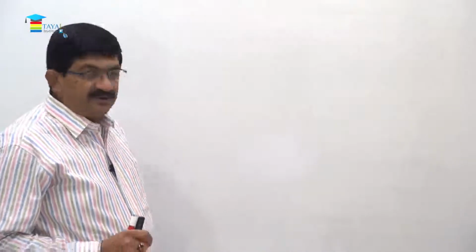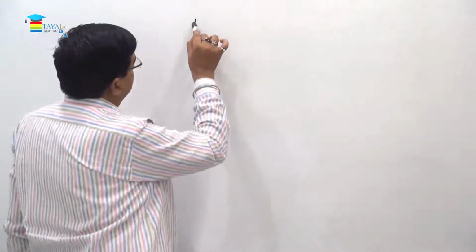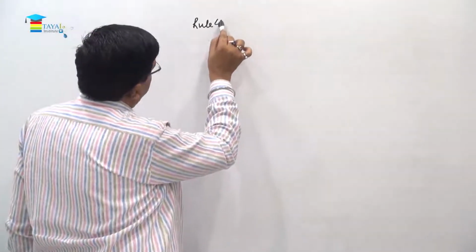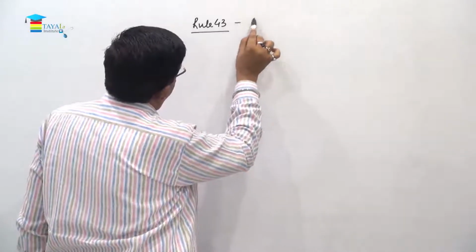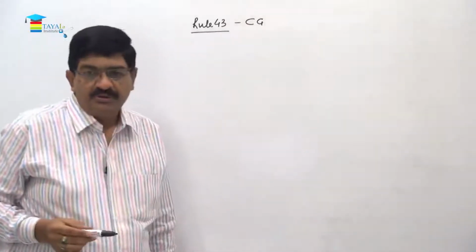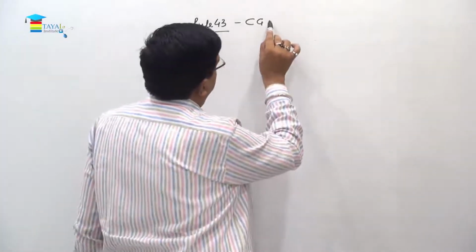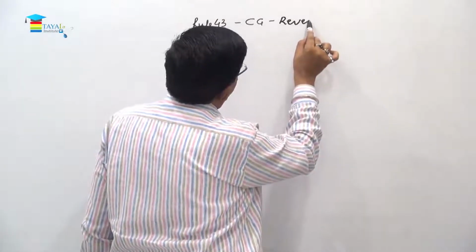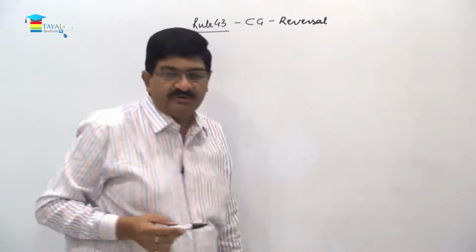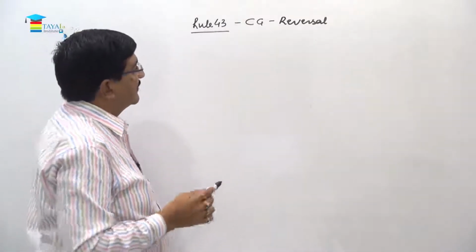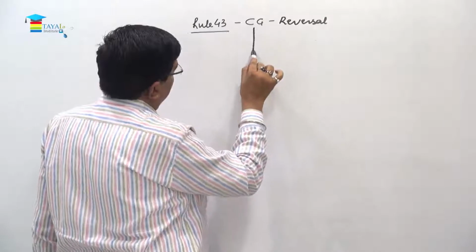In my last video, I was talking about rule number 42, which is about apportionment of credit in relation to input and input services. Now, in this video, the first part is rule number 43. And this is about capital goods. And this is also reversal of credit. Why reversal? Because first of all, credit is allowed and then a certain portion is required to be reversed for every tax period. Now friends, as far as capital goods are concerned,